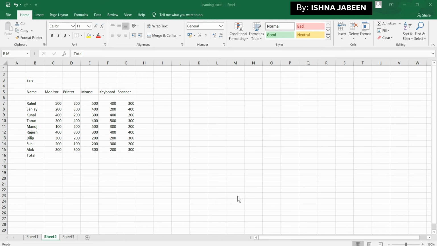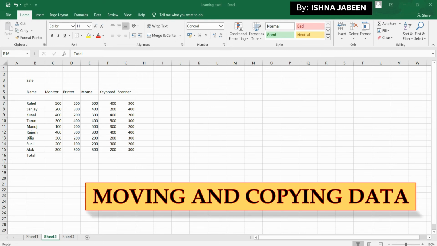Now moving and copying data. When you move data, it disappears from its original location. And when you copy data, the data appears in both the original and the new location. Suppose this one, this is the total. We want to remove the total from here and bring it to this column,